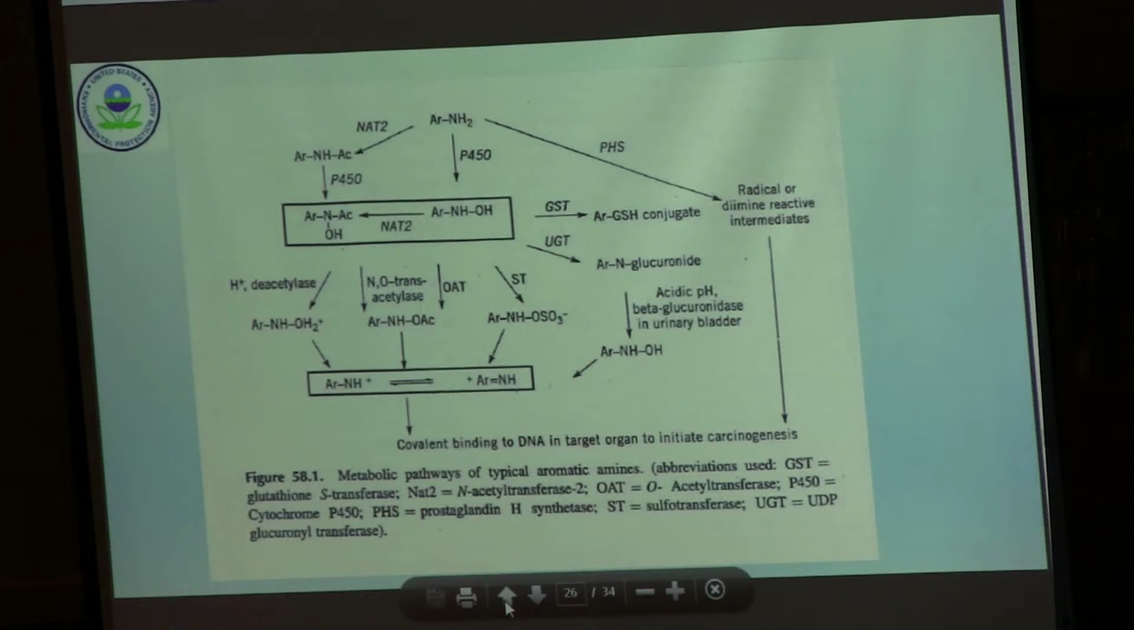It's interesting that all these structural features that we found can affect carcinogenicity also influence the metabolic activation of the compound, and the metabolic activation of aromatic amines has been well studied. It's been shown to be a two-stage phenomenon. The first one is either hydroxylation or acetylation,